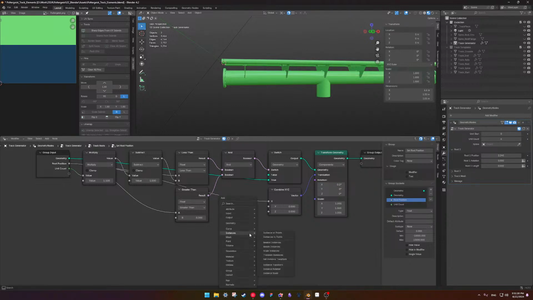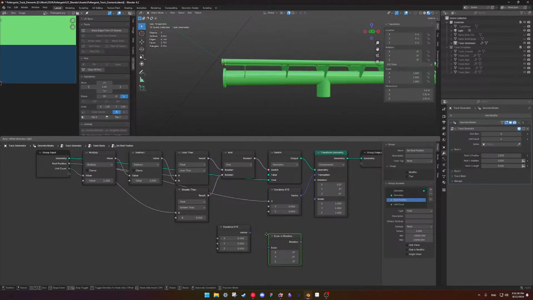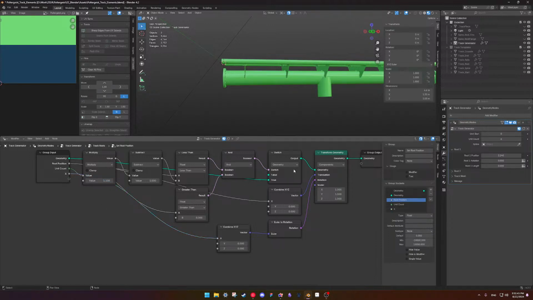Let's do combine XYZ. Euler to rotation. Let's add this as rotation.